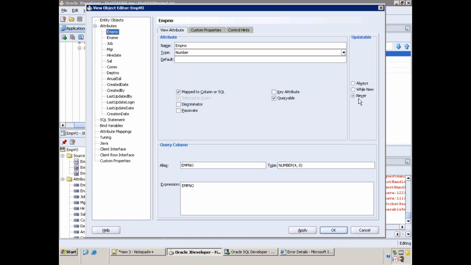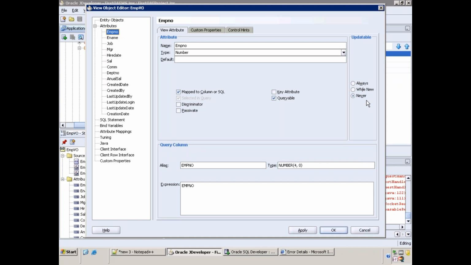Updatable is never, right? One basic thing is that when we use a VO created without an entity object, we always use it for the purpose of read only. Whenever you are using a VO without any entity object, it means we are using it only for read only.